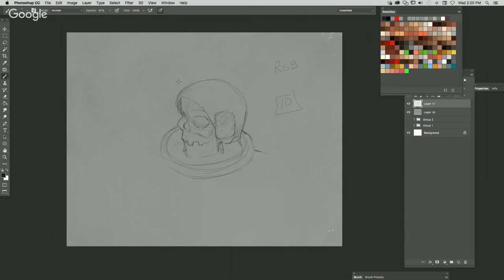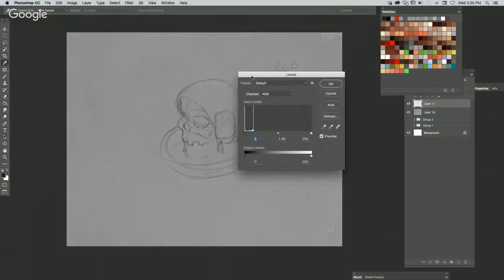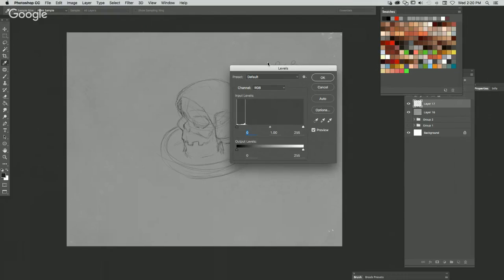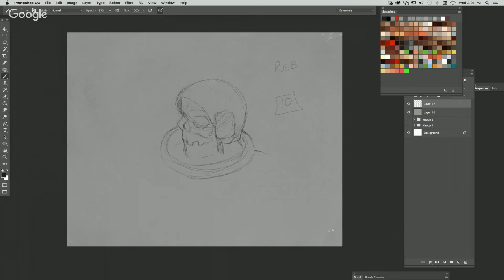And then typically I'll also look at my levels, let me pull that one over too, because typically things will slightly print darker. That's why I turn the contrast down, but also the output levels, I'll usually go to about 5. That means all the output levels of the values from 0 to 5, where it's pure black, get taken out of your image. It'll add a lighter value to it, so it pushes it just a little less black. Something that I kind of learned with this whole doing conventions and how to handle your files.